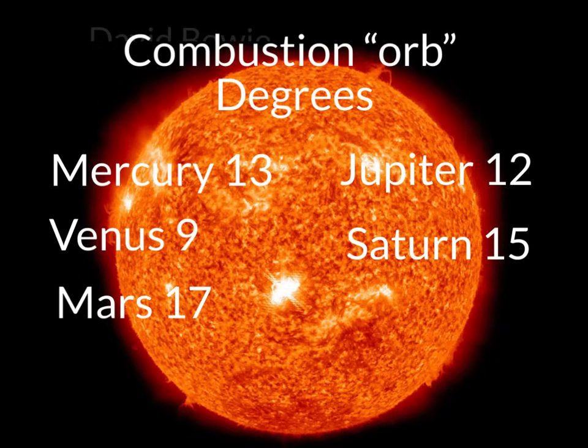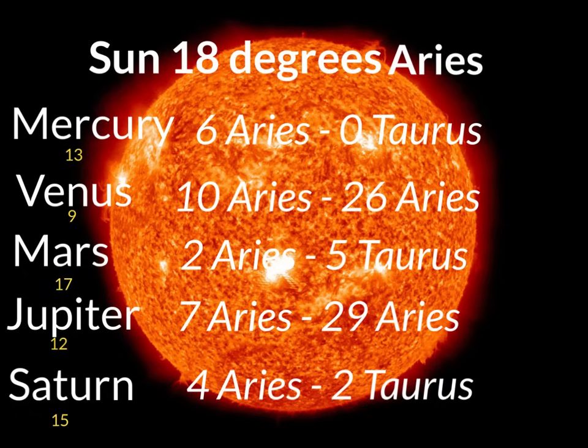So I would suggest that you use Mercury, 13 degrees before the sun, after the sun. Venus, 9 degrees both ways. Mars, 17. Jupiter 12 degrees each way, and Saturn 15 degrees either side of the sun in a chart. Let's have an example. Say the sun is 18 degrees Aries in a horoscope. Then Mercury would be combust, don't forget 13 degree orb, between 6 Aries and 0 Taurus, going into another sign